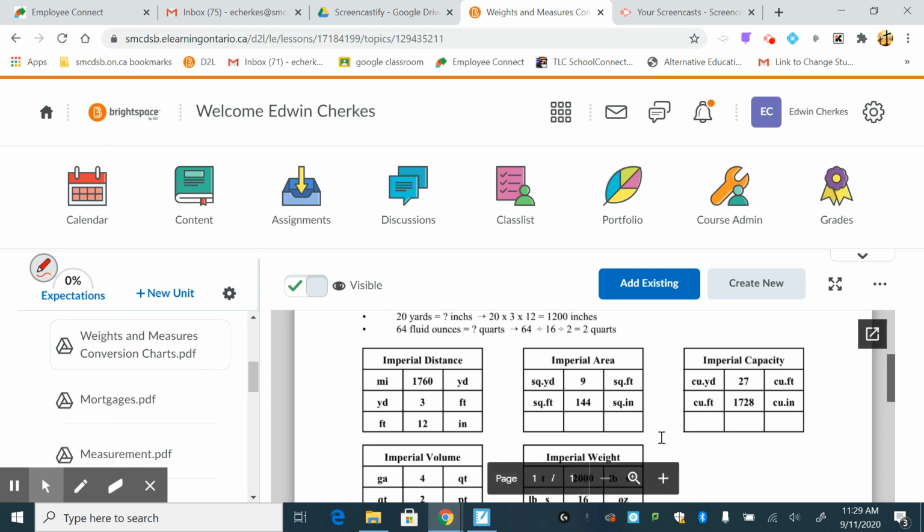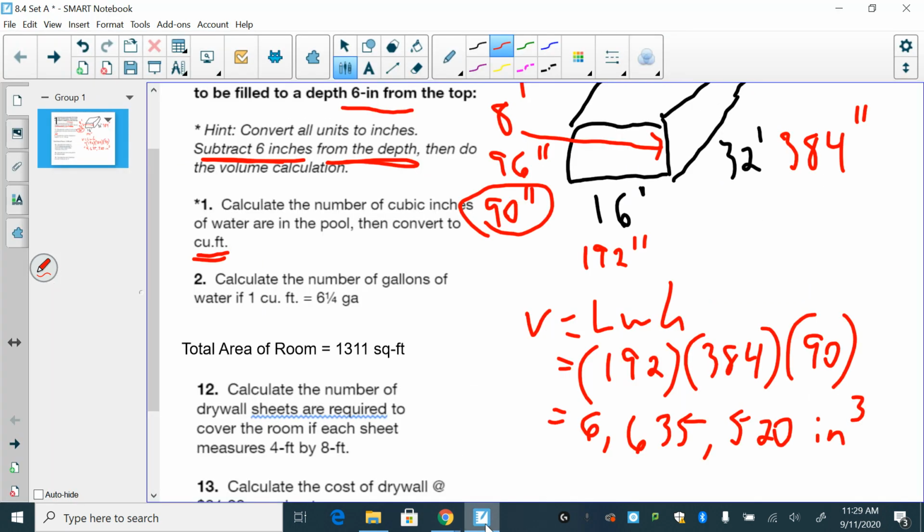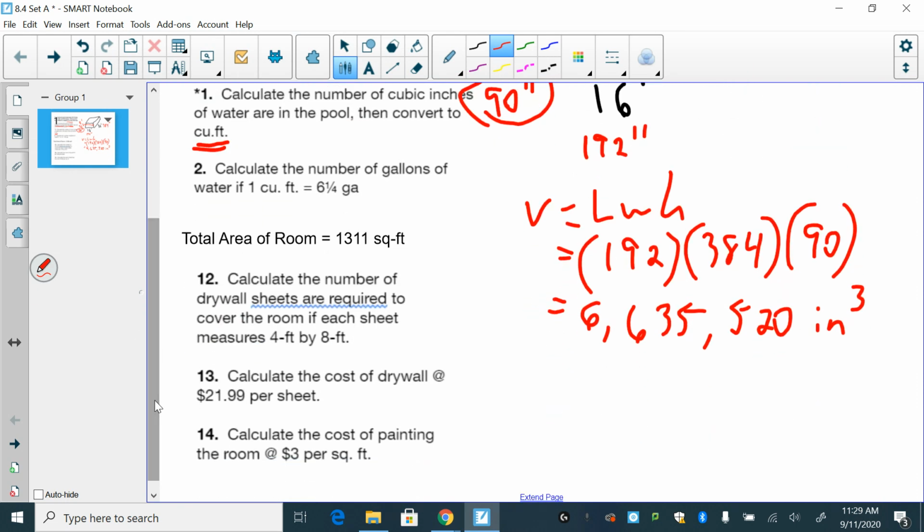And we're going left, so we're going to divide. So I'm going to take this answer and divide it by 1728 so that it converts to cubic feet. So divided by 1728 equals, so I got